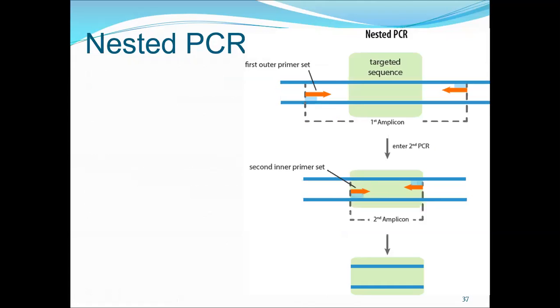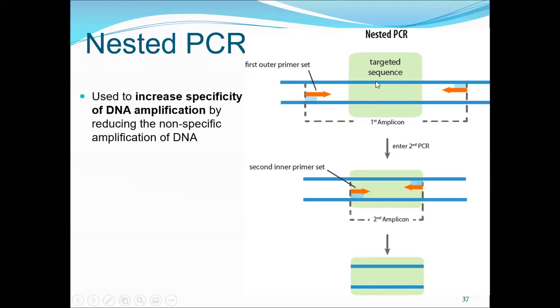Now comes the nested PCR. Nested PCR is done in situations where, for example, this is a target sequence which we need to amplify. And whenever we design a primer to this target sequence, it has a problem in getting amplified. So this region is difficult to amplify, possibly because the primer designed to amplify this region might bind somewhere else